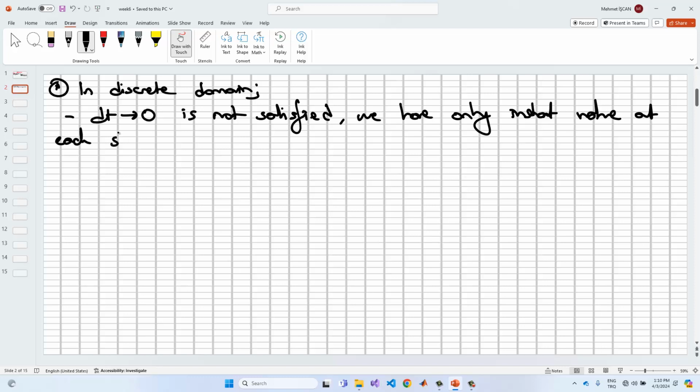Okay, we can select dt as 1 millisecond or 10 milliseconds, and then we can take the points. Okay, and also the dt can be changed in discrete time. Okay, which means that